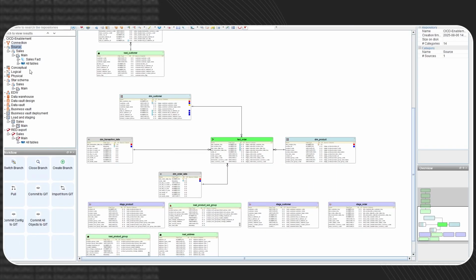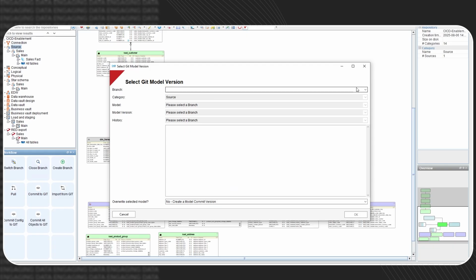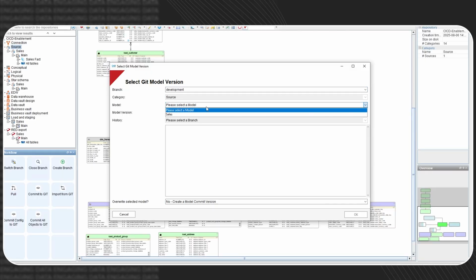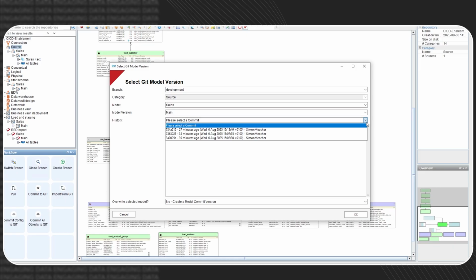So let's say we have a model version in the source category we want to bring back. We can use the import from Git function, and that will enable us to assess how many versions of a model there is, and we can bring it back from a selected branch. So if we pick the development branch, because at this point that's the only branch we've been working through, we can then select the sales model, but it will tell you any model that's existed in time within the Git audit. You can then pick the main branch or the main model version,